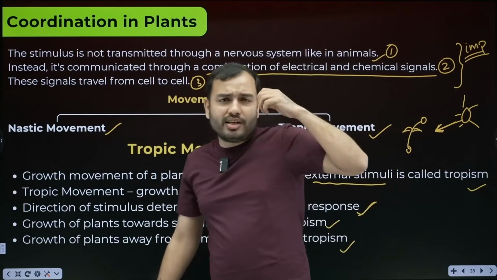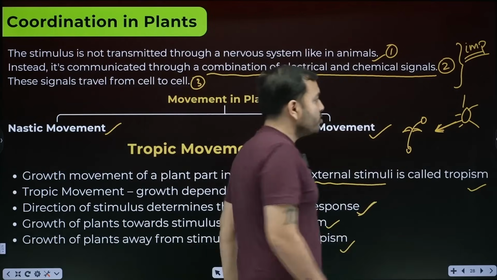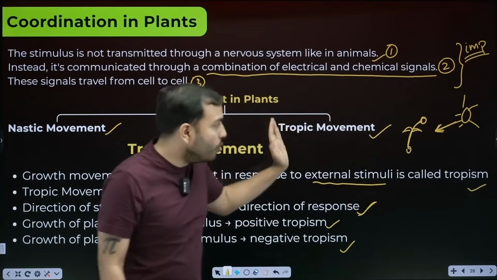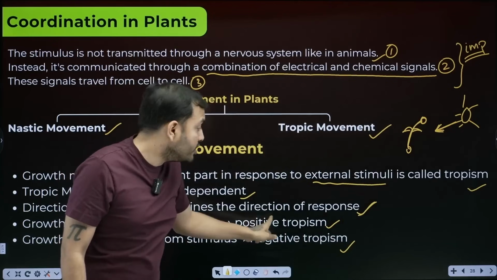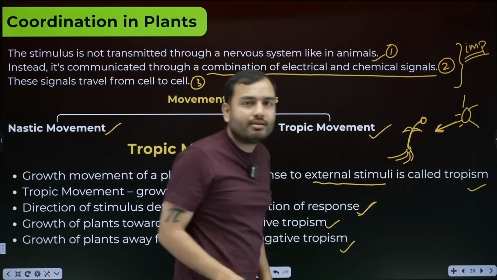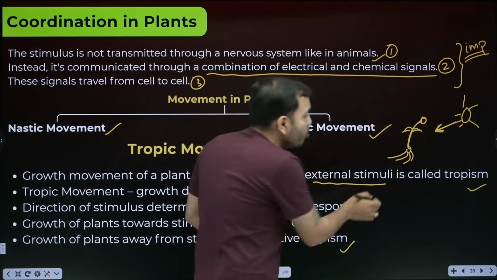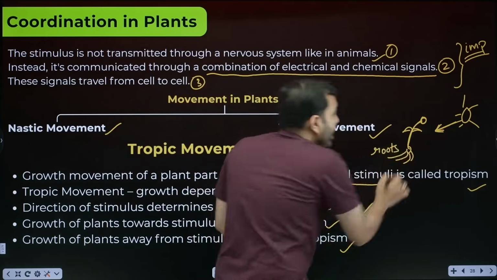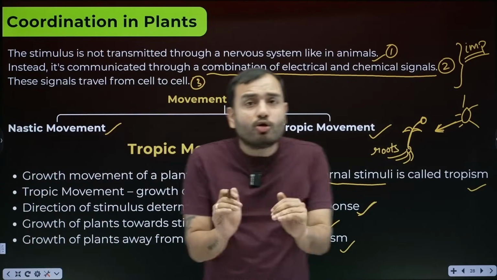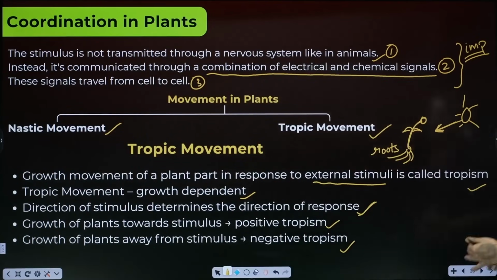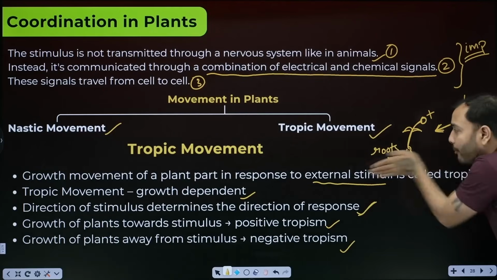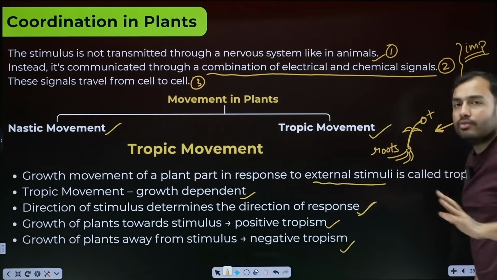It's very simple. I take a stimulus like sunlight. The upper part of the plant went towards the sunlight, towards the stimulus. So what did it become? Positive tropism. But the roots of the plant will run away from the sunlight. They hide inside the soil. They ran away from the stimulus. So what did it become? Negative tropism. So if growth is happening in the direction of the stimulus, we call it positive tropism. If growth is happening opposite to the stimulus, we call it negative tropism.